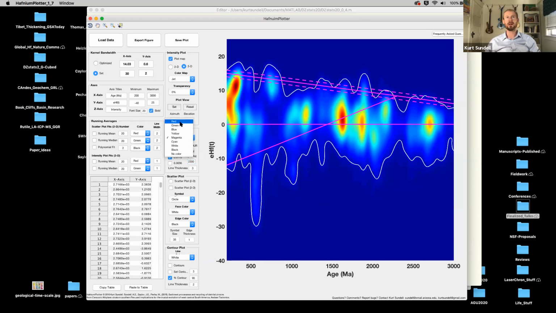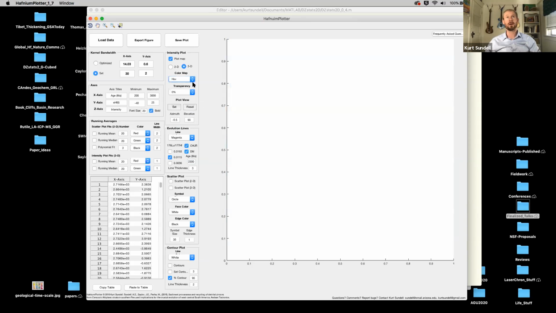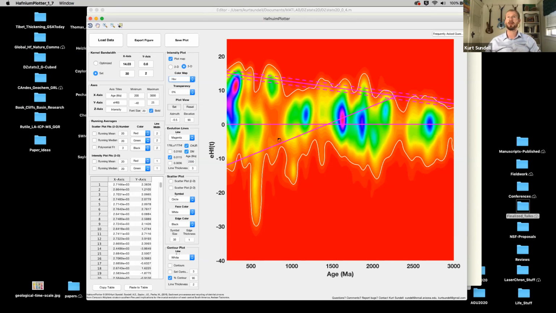Maybe blue is probably not good, magenta. So here's where the color map comes in. Especially if you're colorblind, this jet color map is terrible for you to look at. It doesn't work, basically. So I've included a lot of different color maps here that do work better if you're colorblind, or if you just want something a little psychedelic,